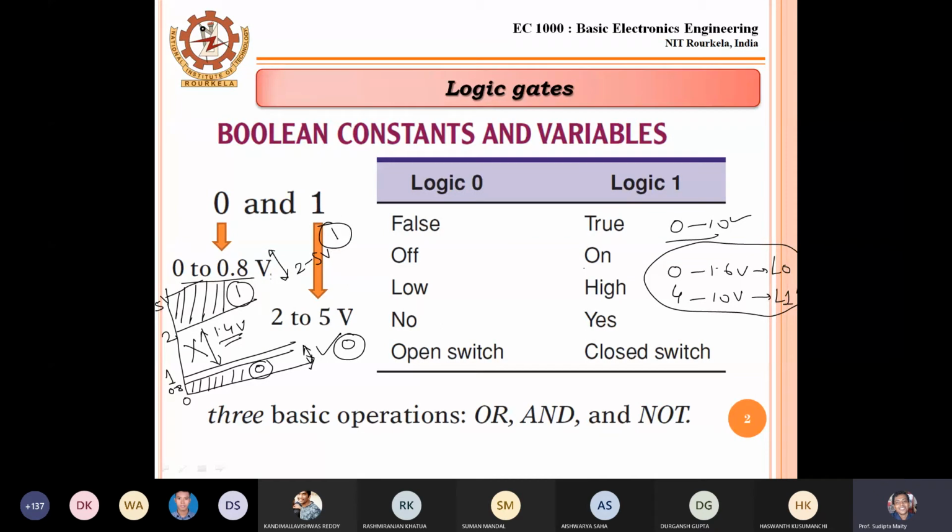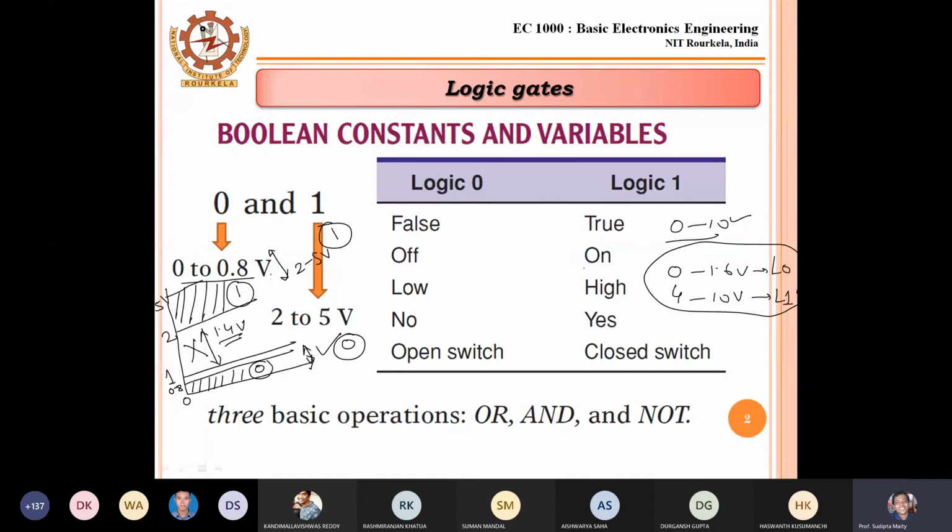We are not going to advanced topics. At the basic level, a diode conducts with 1.5 volt, because its cut-in voltage is 0.6 or 0.7 volt depending on the material. So 1.5 volt is sufficient to make it conduct, and we can build logic gates, at least AND, OR, NOR, and NAND gates, using simple diodes.